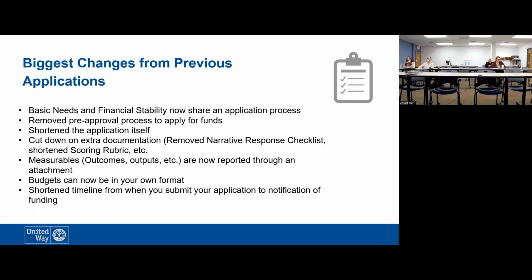So yeah, those are sort of, I think, the biggest changes. That's the end of what I have. So does anyone have any questions or